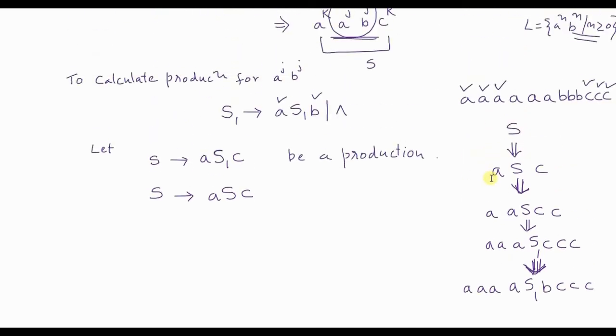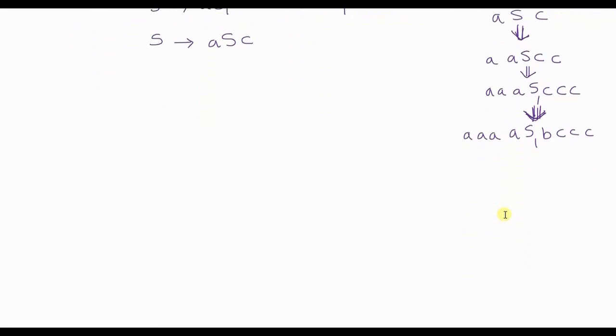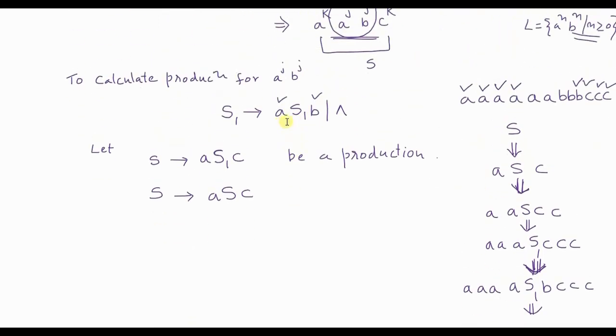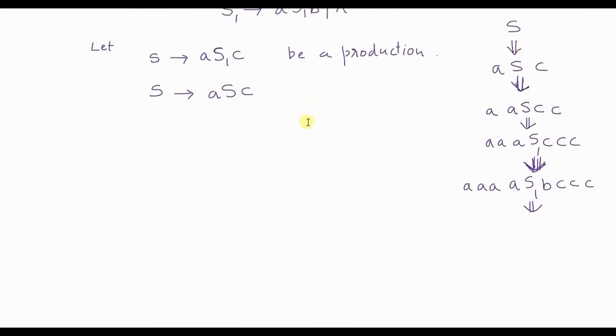Okay, so what has happened? This A has now matched with this B. Correct? Now there is another match that is required. So again I have an option of replacing S1 with either null or AS1B. So I will go with AS1B because I want another pair to be matched. So first I will write down the already existing 4 A's and B, C, C, C that I have obtained in the previous steps, and now S1 I replace with A, S1B.